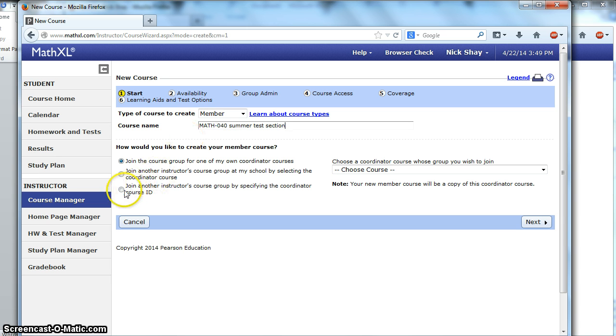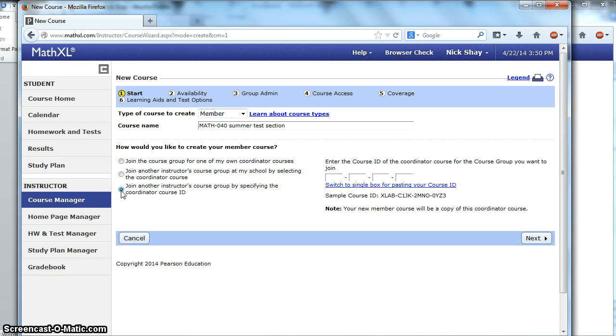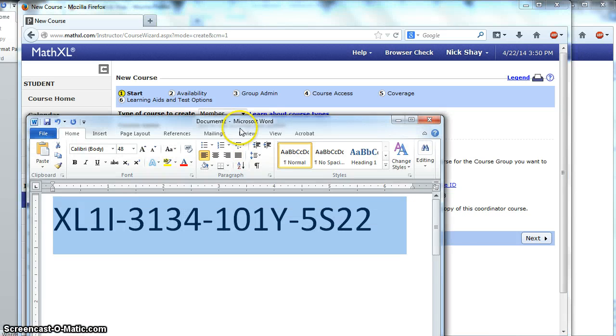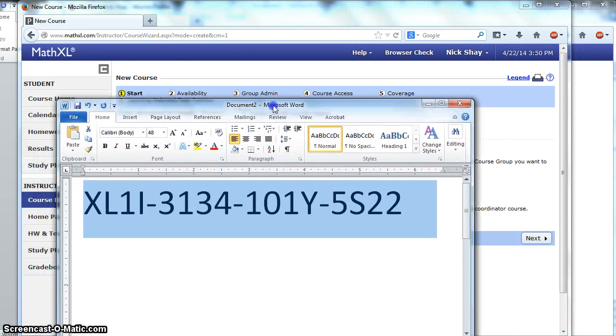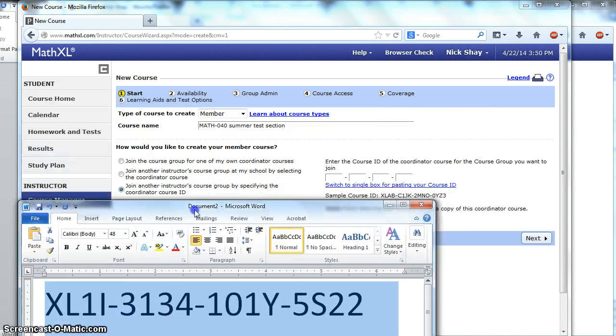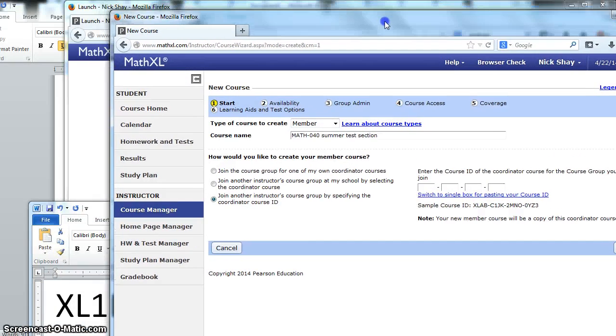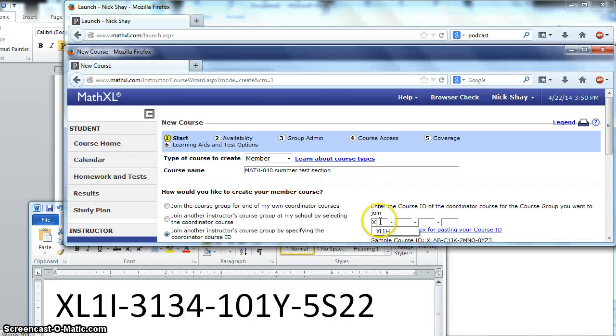The next thing you want to do is click join another instructor's course group by specifying the coordinator course ID. So you go ahead and click that, and the course ID is right here. I will also attach this in the email that I'm going to be sending to you, but I'm going to go ahead and put this value in there. Give me just a second to get these windows up so I can see both of them. Alright, so it's going to be